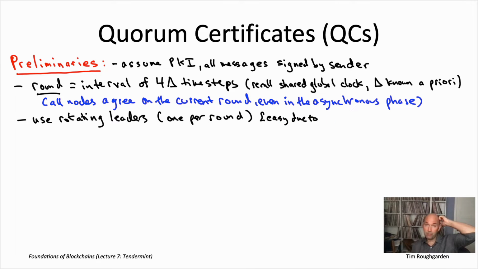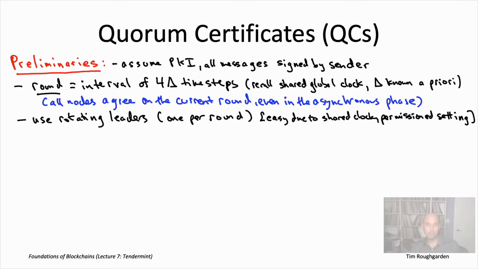Assumption 1 is the global shared clock assumption, so everybody knows what round it is. The second assumption is that we're in a permissioned environment. Okay, so everybody knows the names of all of the nodes, right? So the names are, say, 1, 2, 3 up to n, and then all the nodes can automatically know, again without any communication: oh, it's round 1, I guess node number 1 is the leader. Oh, it's round 2, I guess node number 2 is the leader, and so on.